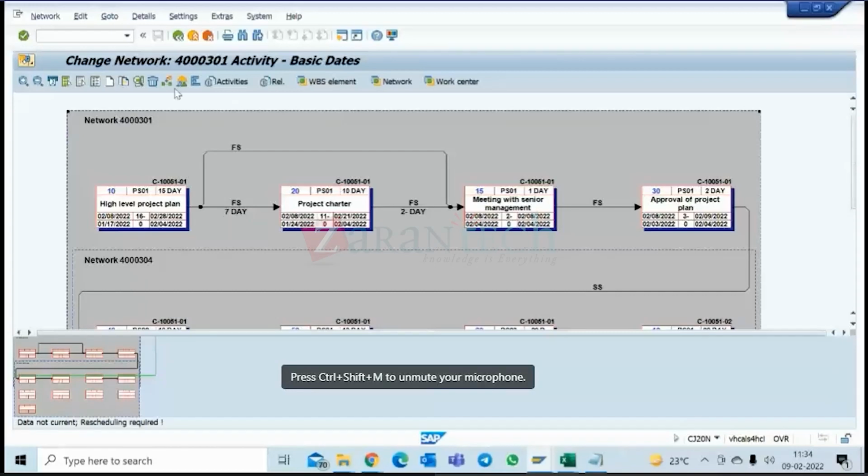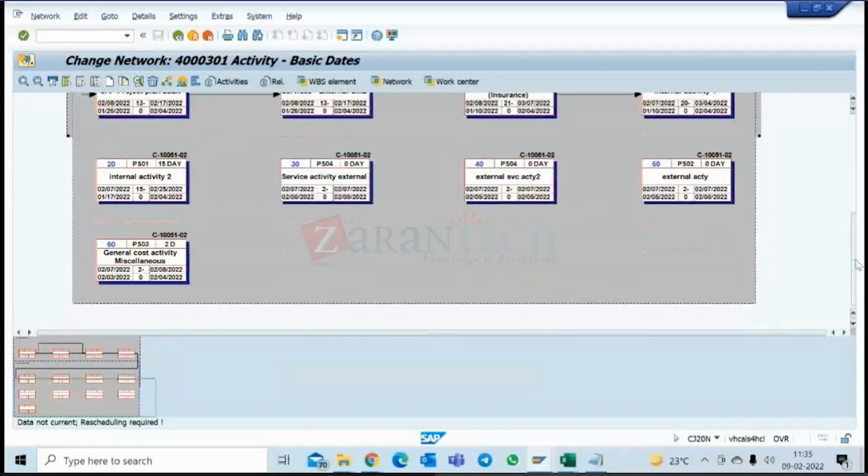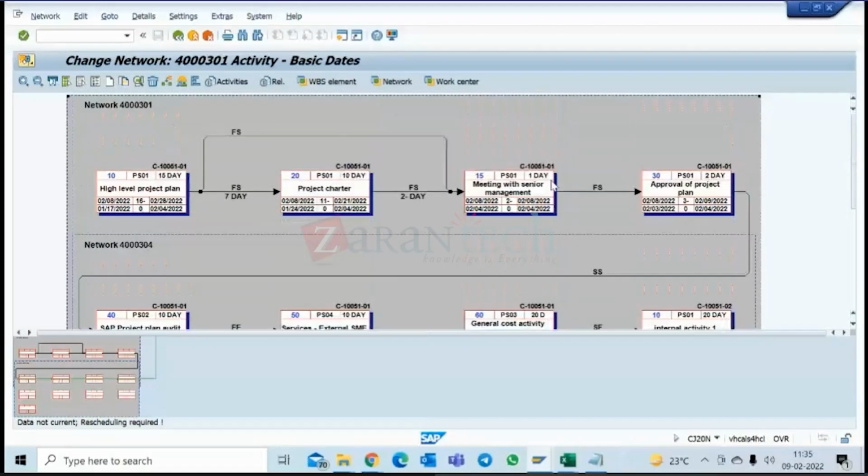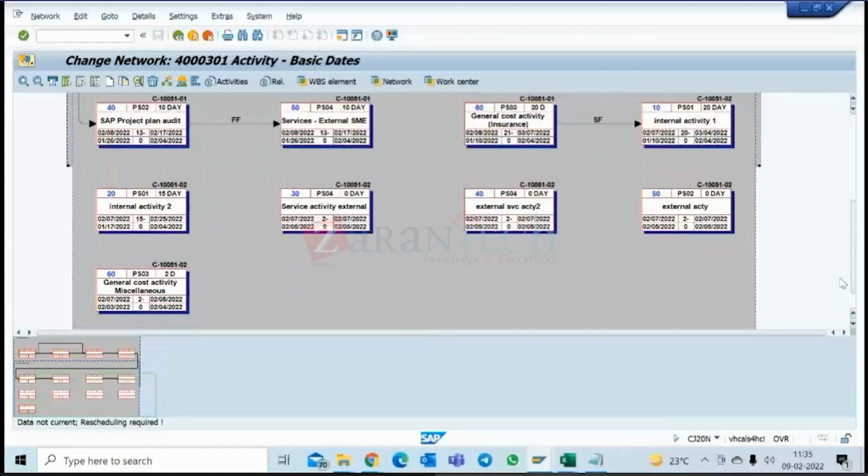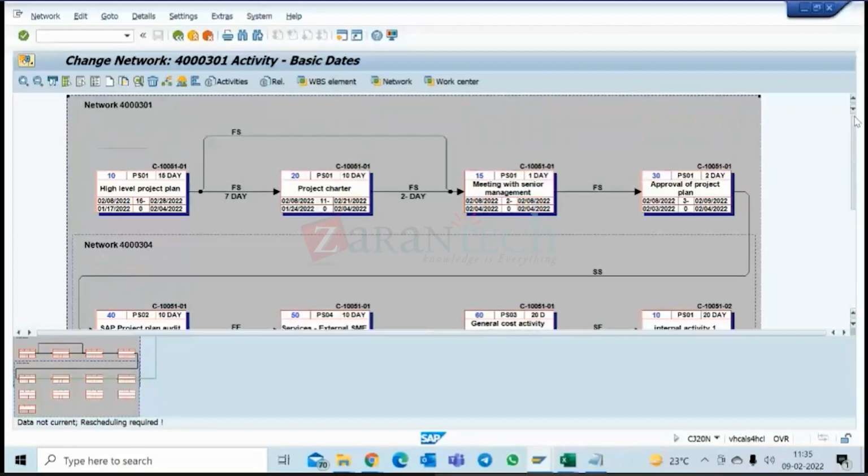So the legend is there. You see this dotted line actually represents a network. So this is network number 301. This is network number 304. These dotted lines are boxes. That is one. It also contains each activity. Now this